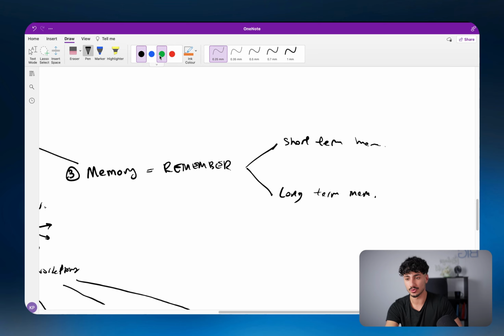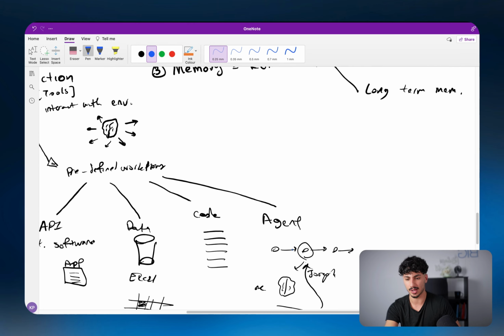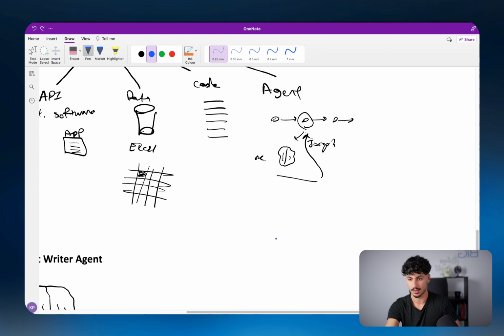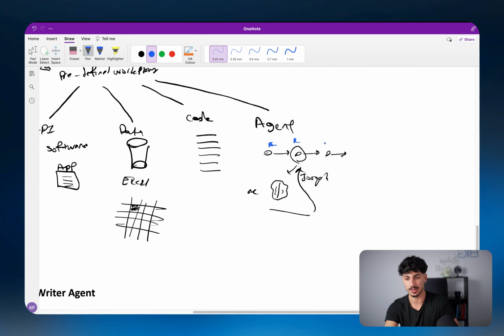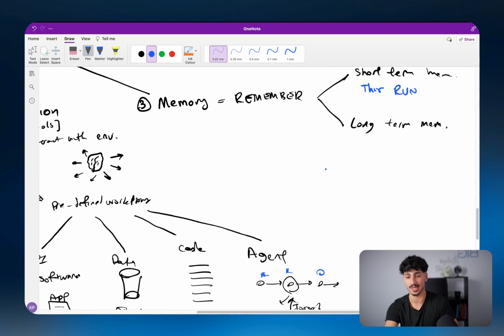Now, what the short-term memory really does is it allows the agent to remember what's happening in this run or this execution or this time that it's working. It's like, okay, well, this time I'm working, I've gone down this path, and this happened here, and then this happened here, and now I'm here, and then what's happening next, right? So they remember what's happened till now.